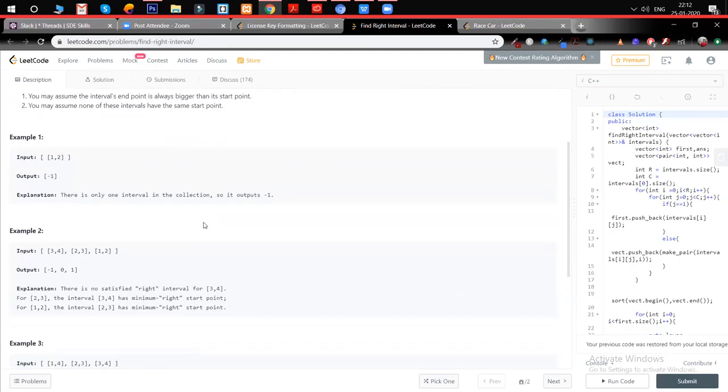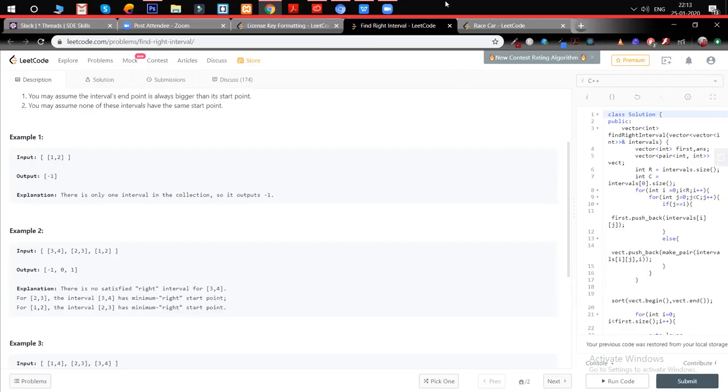I have not coded this one, but I do have an approach for this. I first started with how I can have this ordered. So what I did was sort the numbers in the order of their first numbers. Like in this case, it will be 1 2, 2 3, and then 3 4. And then take each element and do a binary search on the entire array, except for the element being considered, based on the second element in the current element.